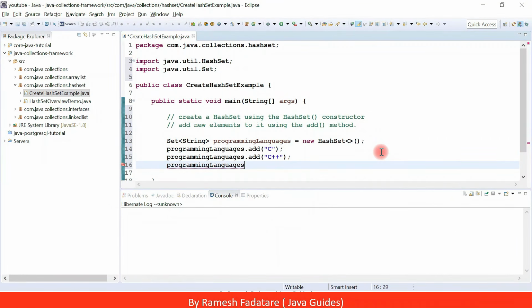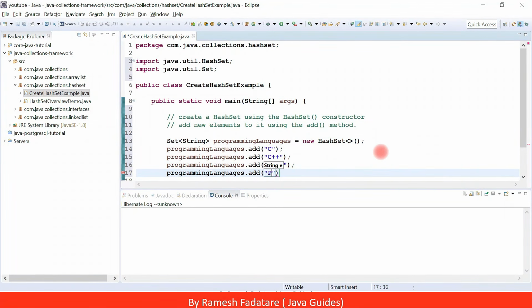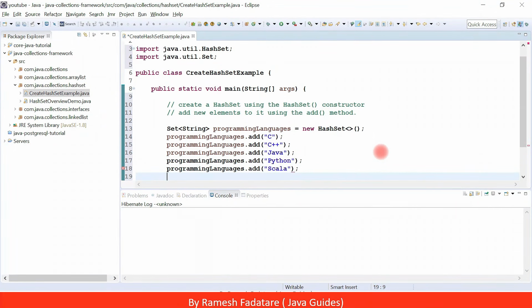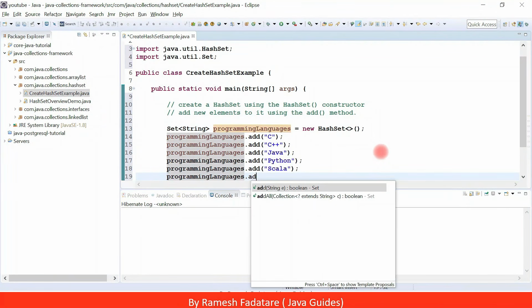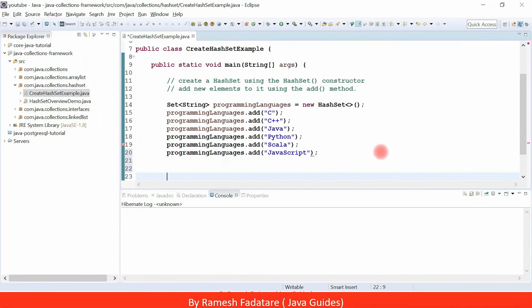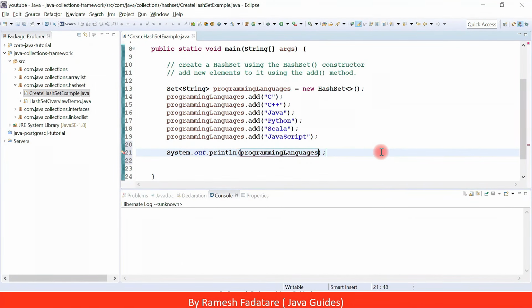and let's quickly add one more element. Let's say Java, and let's use the add method to add a few more elements. Let's say Python, and let's add one more element. Let's use the add method and just say the element name, like Scala, and let's add one more programming language like JavaScript. Alright guys, we have created a HashSet object and we have added a few programming languages to it. Let me just print it to the console,